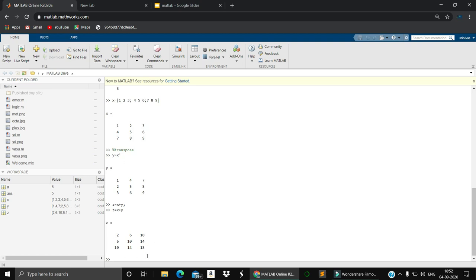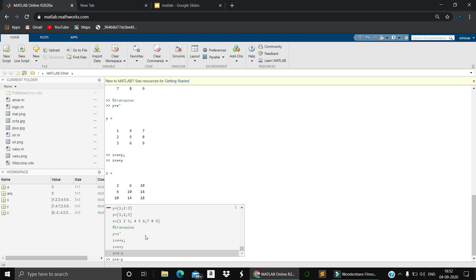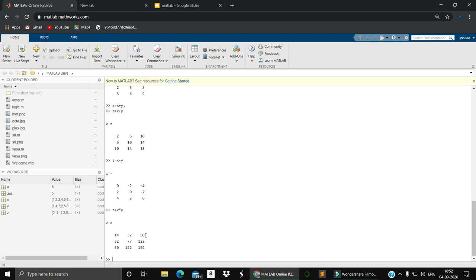Now I am going to perform the same operation as subtraction. Let me check. It is performed exactly correct: 4 minus 6 is minus 2. Now I am going to do the same with matrix multiplication.